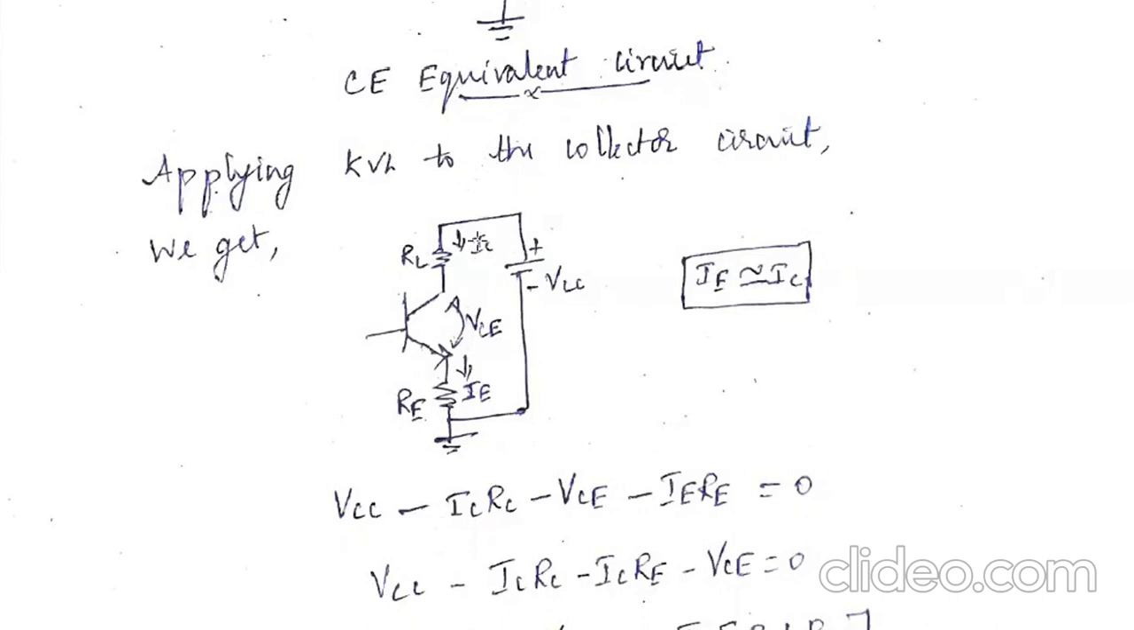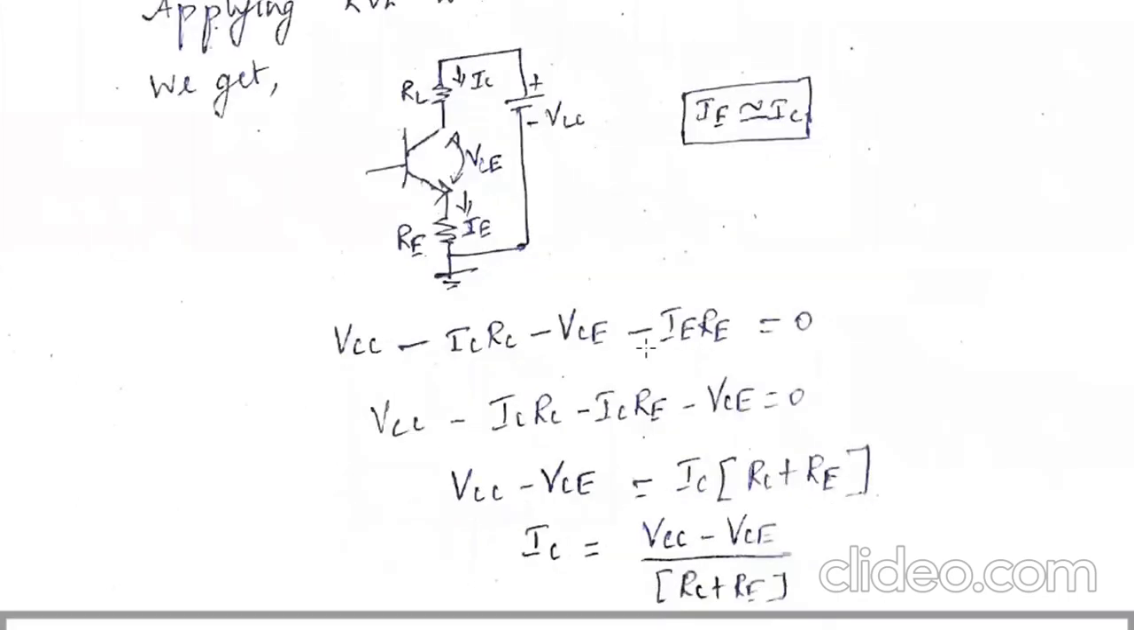Here the collector current is almost equal to the emitter current, so we take IE approximately equal to IC. In place of IE, I'm going to substitute the collector current. So the equation becomes VCC minus IC RC minus IC RE minus VCE equal to 0. From this, all the IC terms are taken to the other side, with IC taken commonly outside. So VCC minus VCE equal to IC into (RC plus RE),